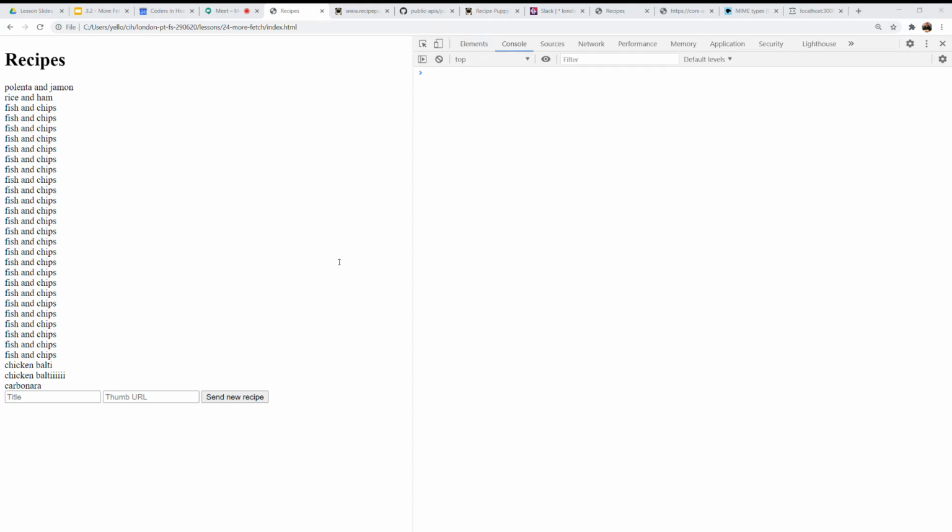So this is optimistic rendering. Now we call fetch here on this line, but this isn't waiting for the fetch to happen. It's not waiting for a response from the server. So we might as well just do it on this line before we bother about communicating with the server at all. However, if we want to verify that the server has accepted our request and